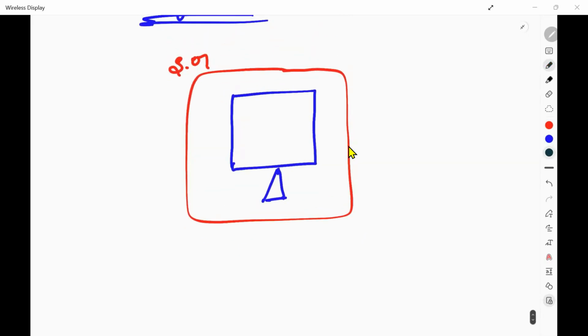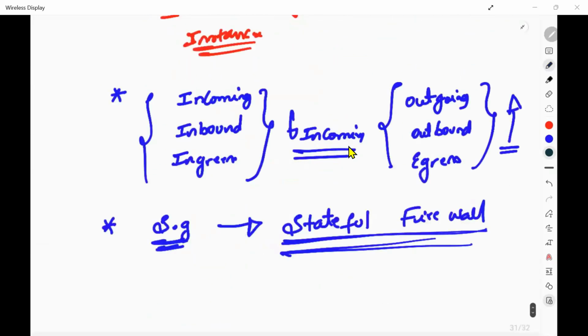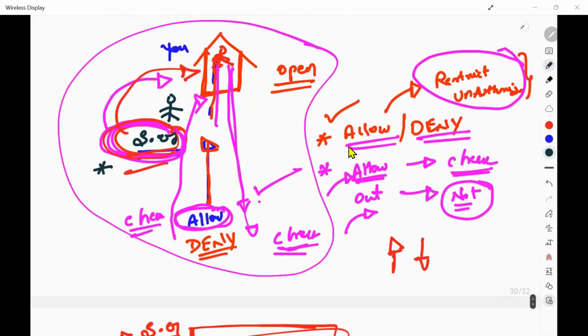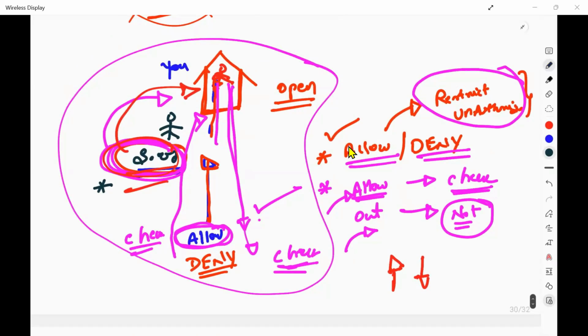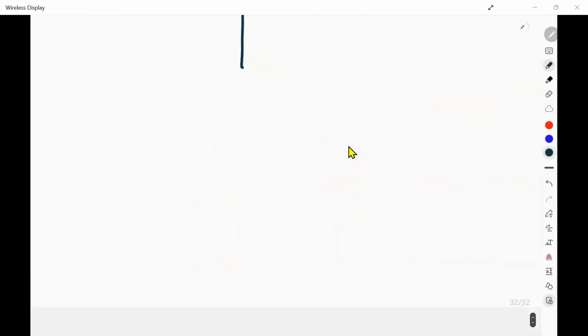It has to check the request. I already explained this, right? While entering the house, you need to check that person. While coming out, you are not going to check that person. Correct? Just apply the same thing here.